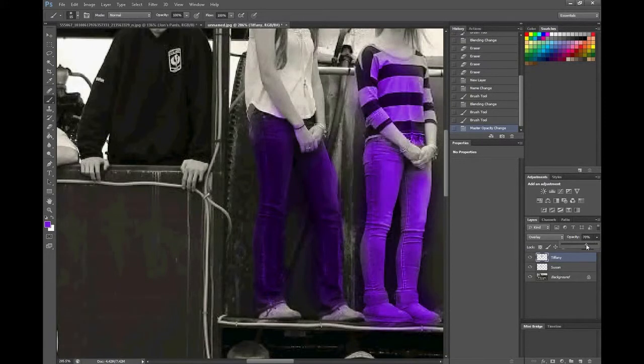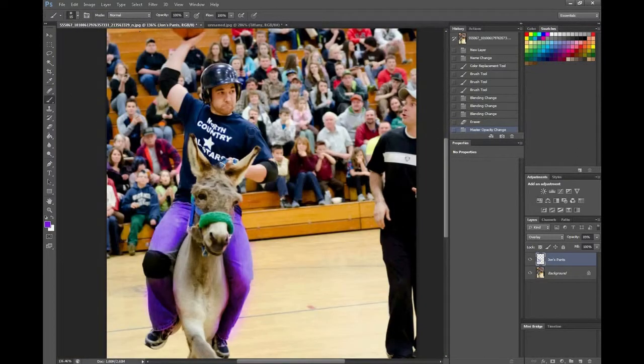Now the problem you run into with this, however, is that it gets more difficult to color in things that are pretty dark. Like this elbow pad, you cannot tell that I'm even coloring it purple. So the best way to go about that is to take the lasso tool, go along the edge very finely,